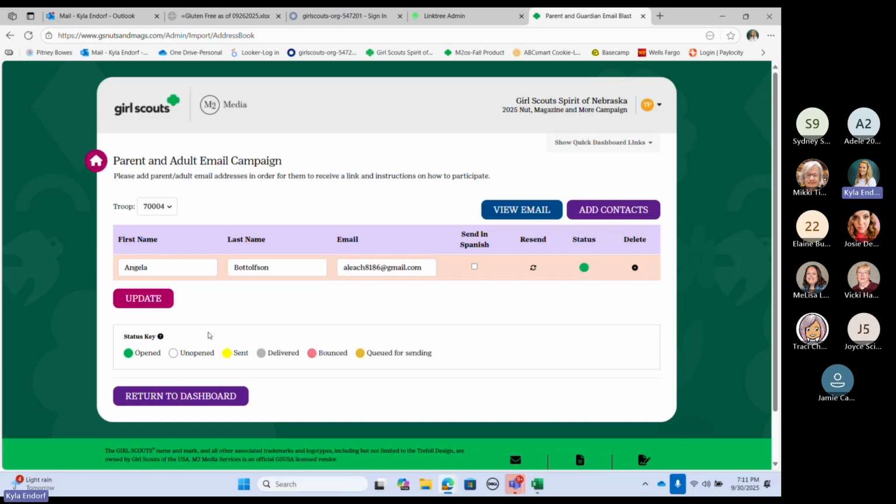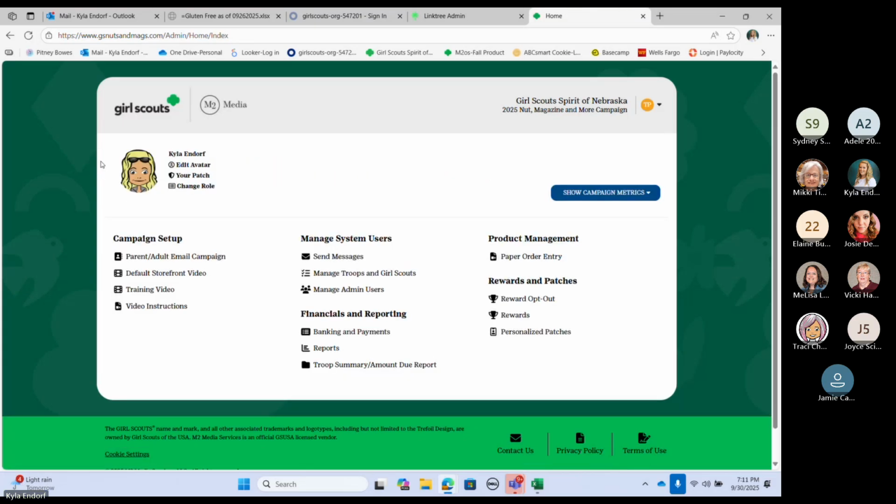So that's what you want to do first when you get into your campaign or your troop, so that you can get these emails sent to all the parents, so their girls can start emailing out to their customers. Okay. So after you do all that, the next step I would do is go in